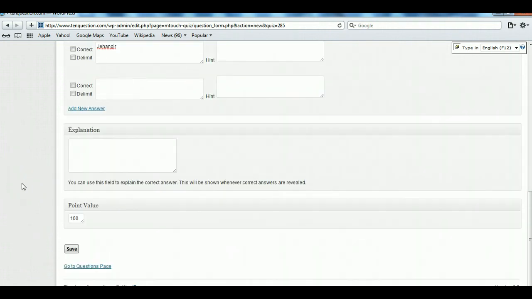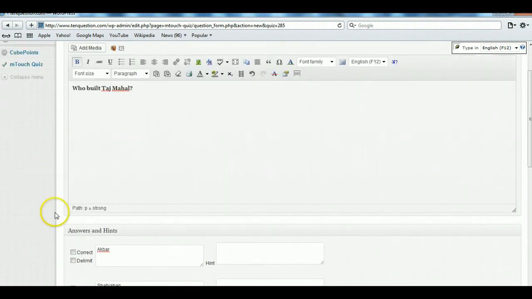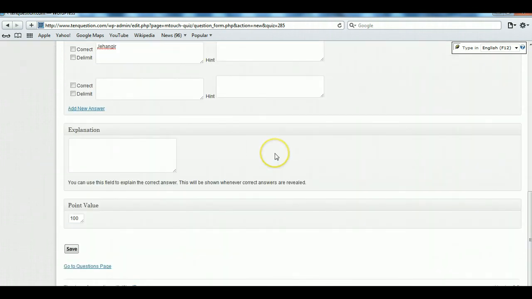And once you select the answer, it is advisable that you also give something more than just an answer, or any explanation you want to give, you can give here in explanation. And click save.